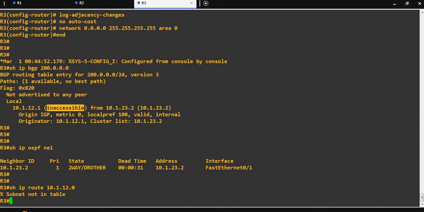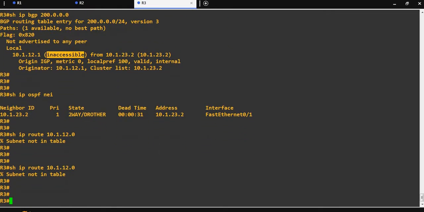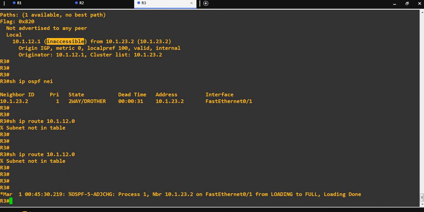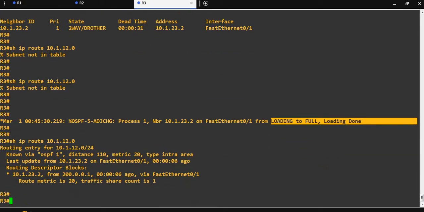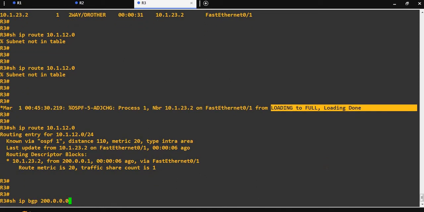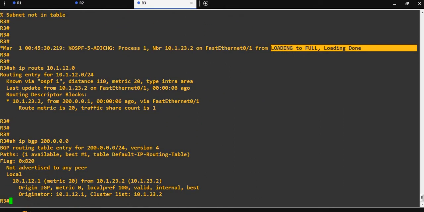Why are we still not learning this route? Okay, OSPF was still converging, and I could see that it's loading and then it has converged to full state now. So I should see this route here, which means we should have this route as accessible. You could see that this is the best path now, one available route, and it's the best path